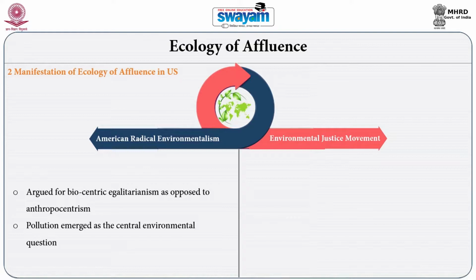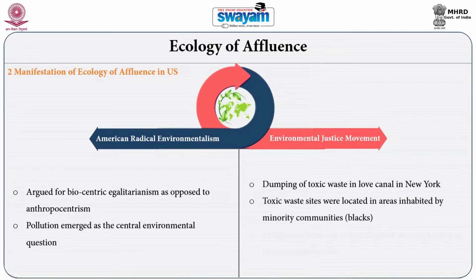Secondly, American environmentalism also manifested through the emergence of the environmental justice movement, especially from the late 70s or early 80s. Environmental justice emerged as one of the most popular and dominating environmental movements in America. It emerged in the context of the dumping of toxic waste in Love Canal in New York, where it was realized that these toxic wastes were deposited mostly in black neighborhoods, or that the toxic sites were existing mostly in geographical areas inhabited